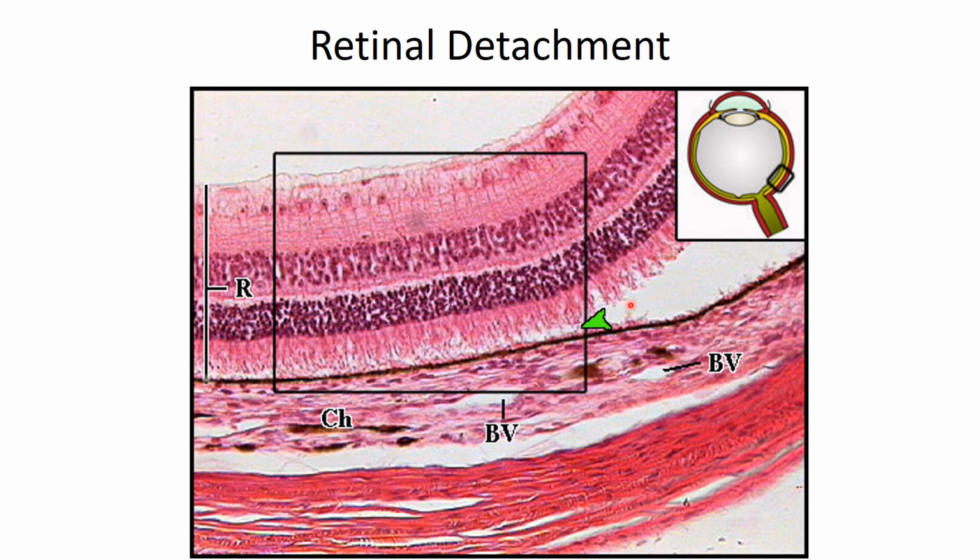It occurs because of trauma, or because of high blood pressure or many other reasons, but that is the portion where the retinal detachment occurs, between the outermost layer, the pigment cell epithelium, and the inner neural layer. So that's all about the histology of the cornea and the histology of the retina.